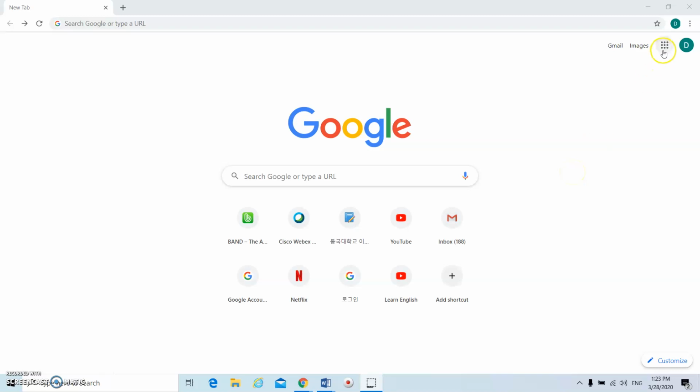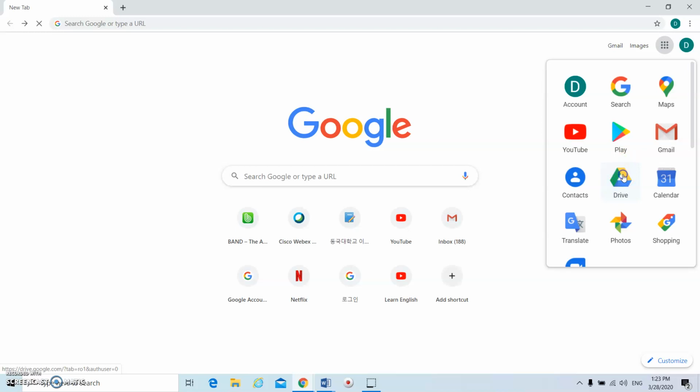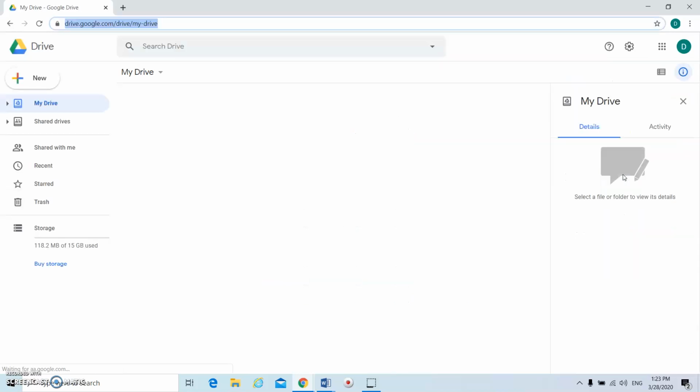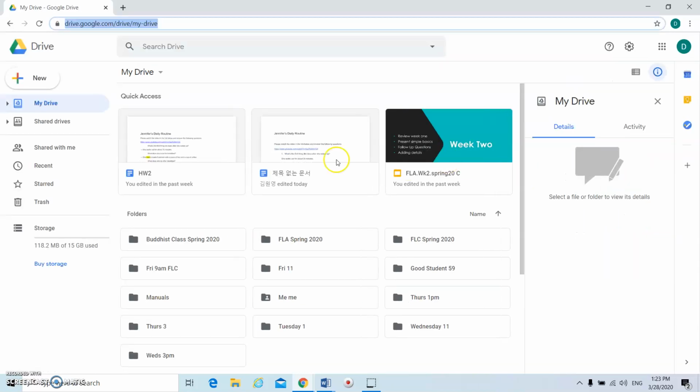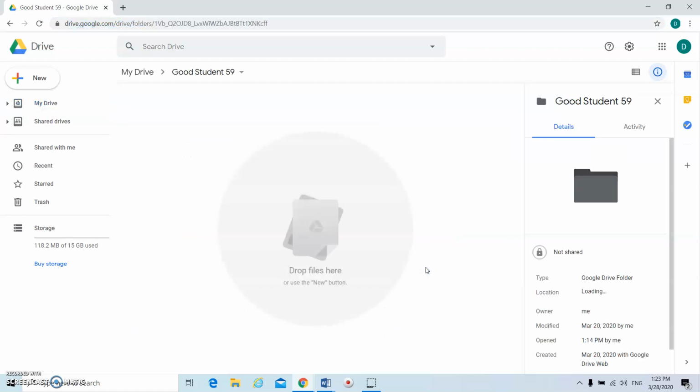Okay, so first you go to your Google Drive. Go to your Google Drive, and then you will see your file will be somewhere here. Okay, so your folder. So here I'm opening my folder here. That will be your name there. Okay, and then in here you can right click